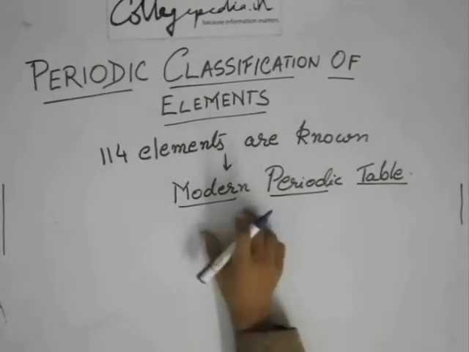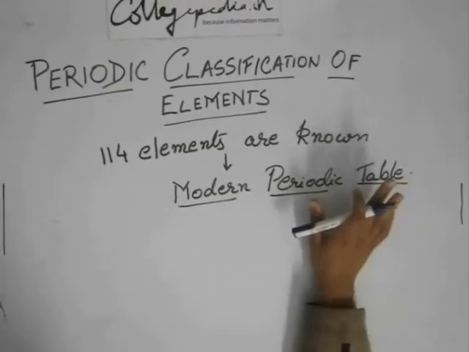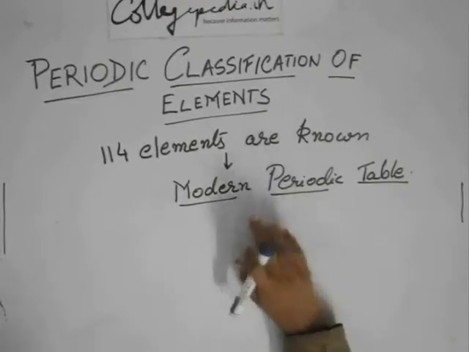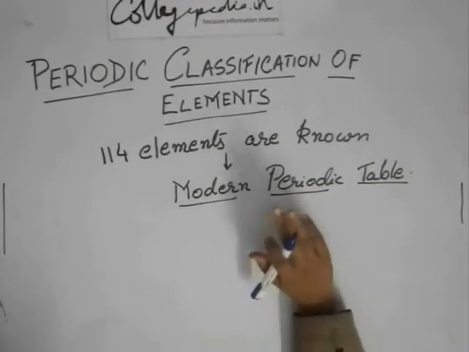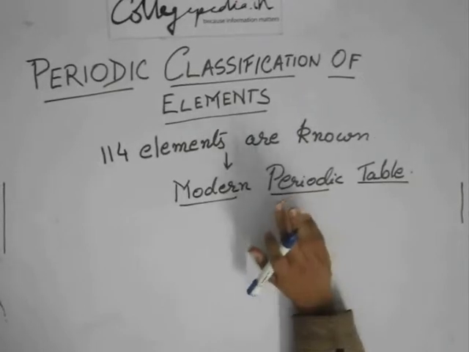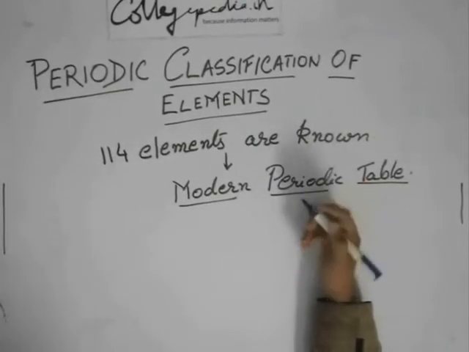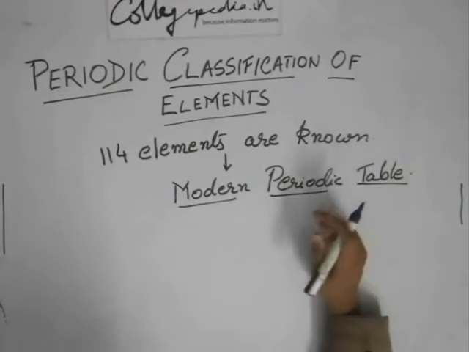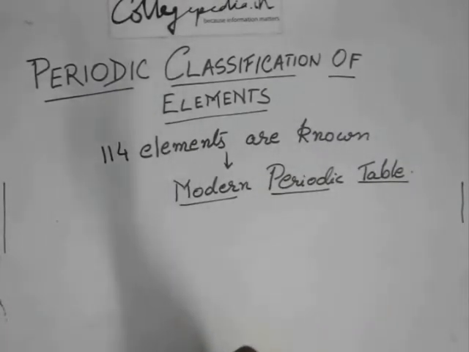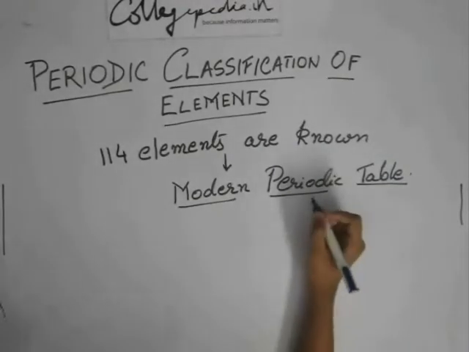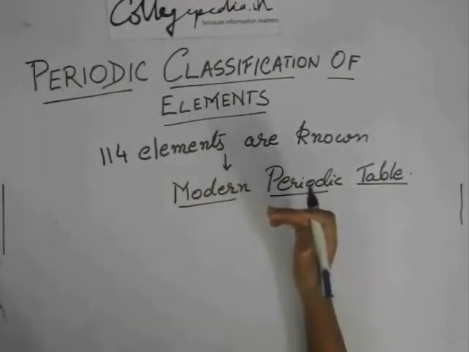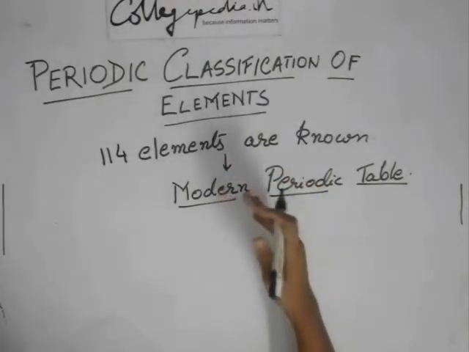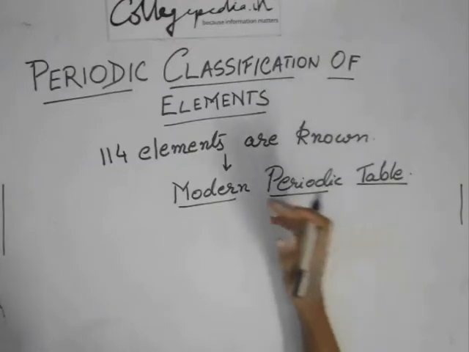But the modern periodic table was not the first attempt to classify these elements. There were several attempts before this periodic table, and the modern periodic table is also not the perfect classification of elements yet. It is said to be the perfect, but still there are discrepancies in the periodicity properties of the elements and all. So the scientists tried to find some kind of similarities or some kind of repetition of properties in the elements.